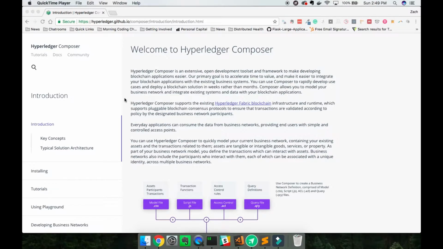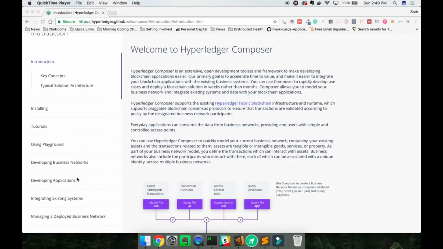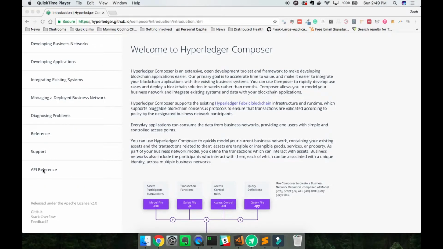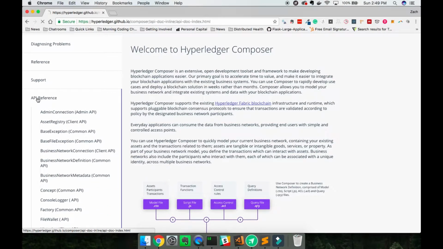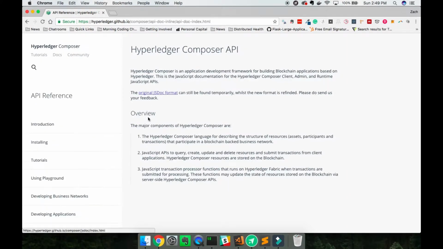So you can see I'm on the documentation page for Hyperledger Composer, and if we scroll down on this left sidebar to the API reference, this is where we're going to be working out of. I'll click on that, and you can see a little blurb here. Now I'm going to point you to the original JS doc format because I believe this is a little bit easier to read through at the moment. I think that the Hyperledger Composer team is working on integrating this old format into this new documentation. So we'll go ahead and click on that